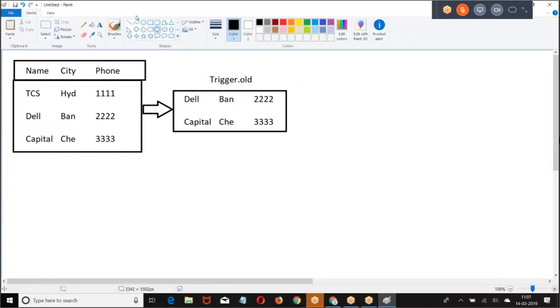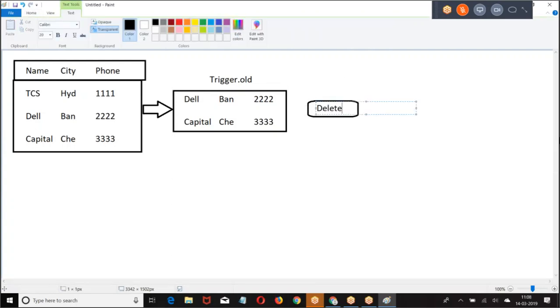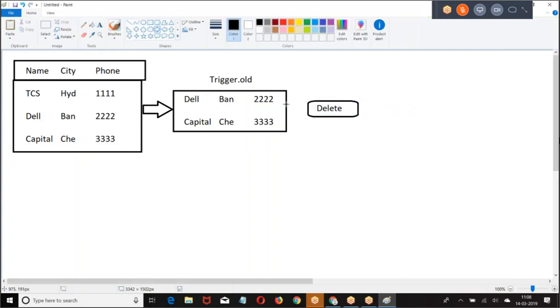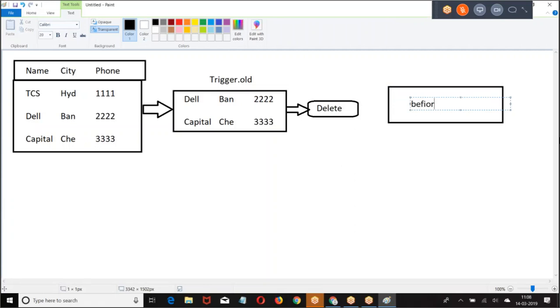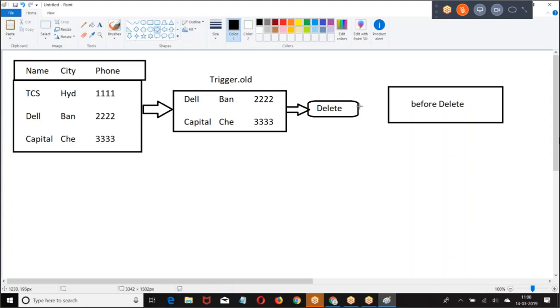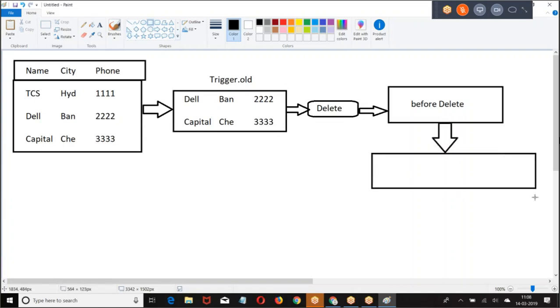The moment I say delete, what happens here? The before delete trigger will be running. After running the before delete trigger, it goes to the data, and then the data is deleted permanently.